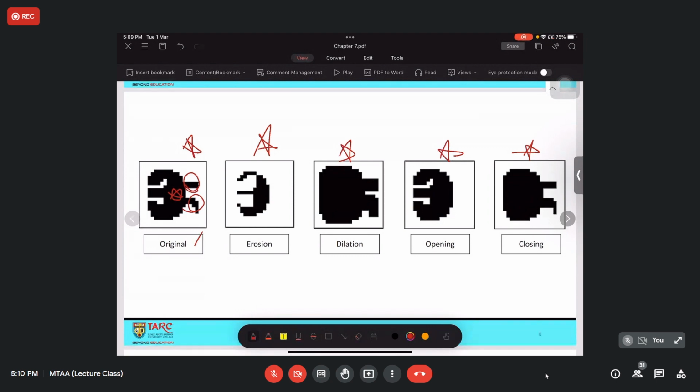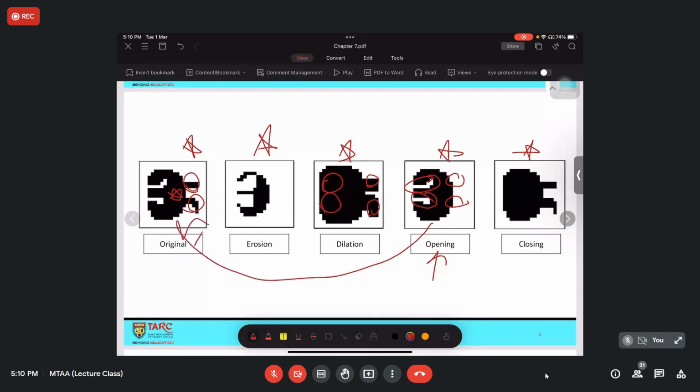But with dilation, the object of interest is increased, which means that you have a thicker leg here. The hole here is removed and filled up with black color pixels. And this is opening. The difference between opening and the original image is that you have removed the leg over here. Nonetheless, the hollow gap here still remains unchanged.